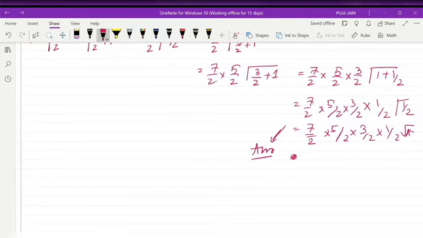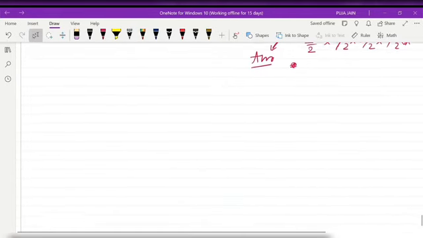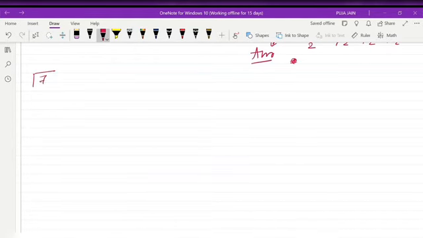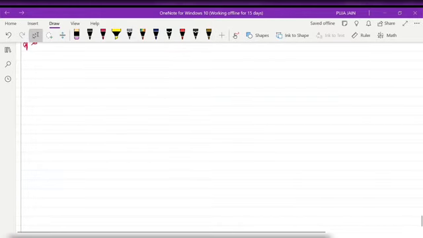Also we know that gamma n plus 1 is equal to n factorial. Suppose you are getting gamma of 7. So then the result will be what? The result will be 6 factorial, because we know gamma n plus 1 is equal to n factorial. So this is gamma 6 plus 1, that is 6 factorial. So in this way you have to calculate. Now we will do some sums so that we can understand it more clearly.